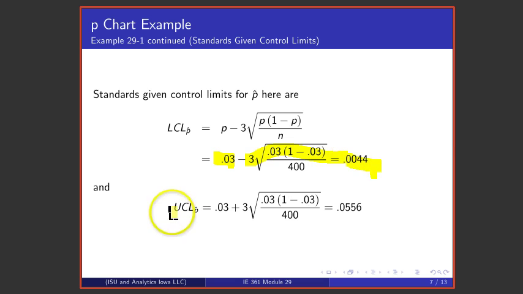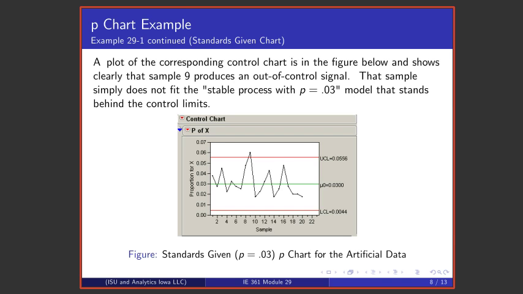That's this number. And the upper control limit for p hat, there's an addition instead of a subtraction to give an upper control limit of 0.0556. If one plots the fractions non-conforming against the sample number with a center line at 0.03, what one sees is that only sample number 9 produces a p hat that's outside of control limits, but that